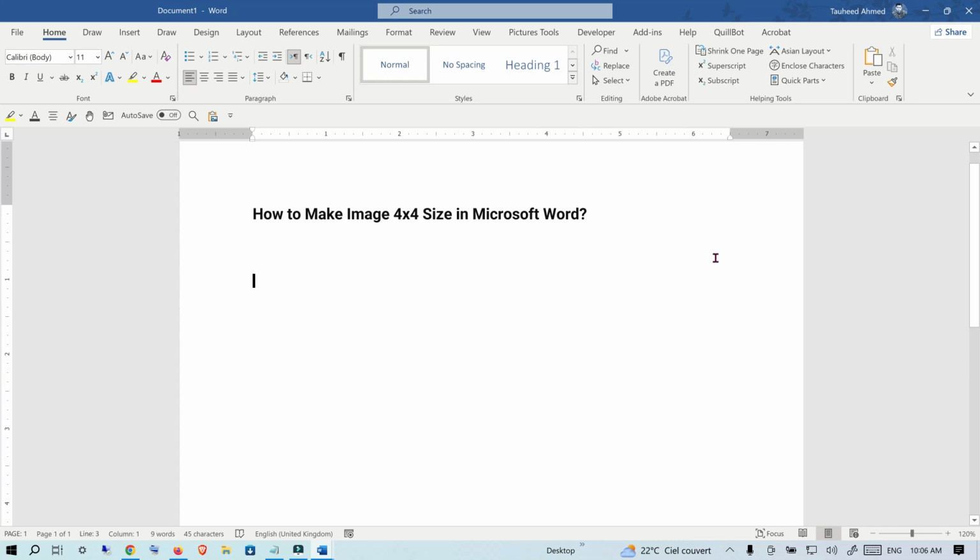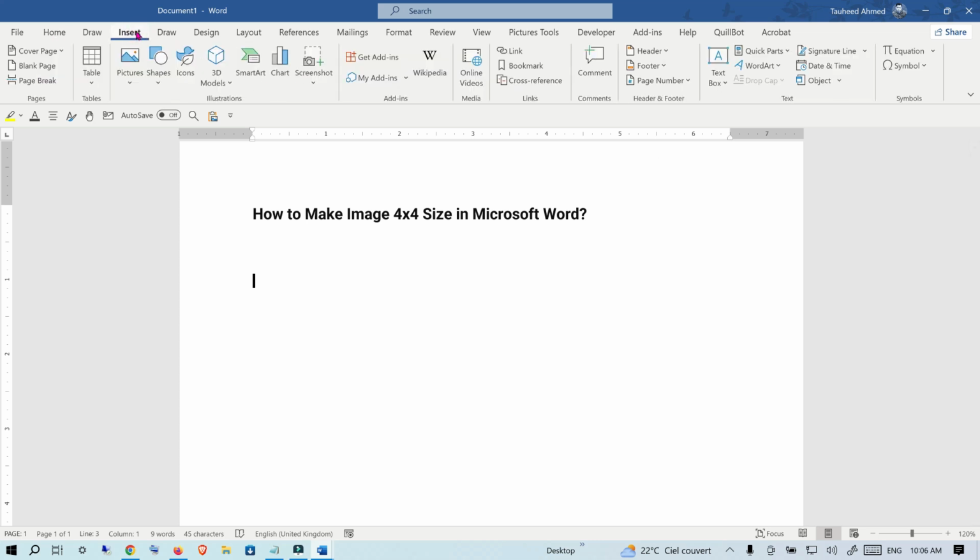In this video, I will guide you how to make an image 4x4 size in Microsoft Word. This is pretty simple and easy. Let's get started. First, you need to click on Insert and click on Picture and click on This